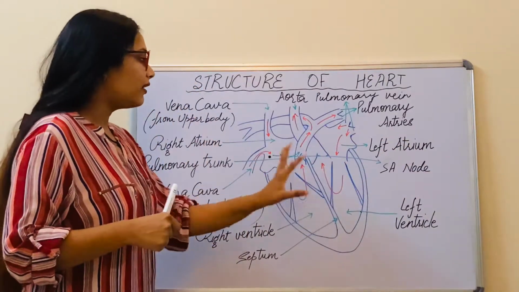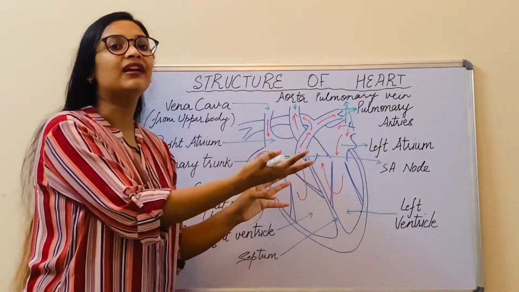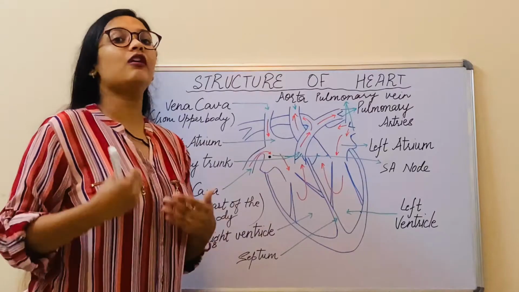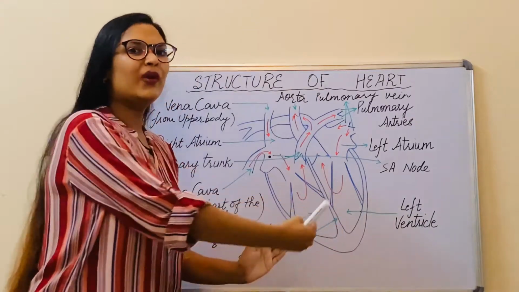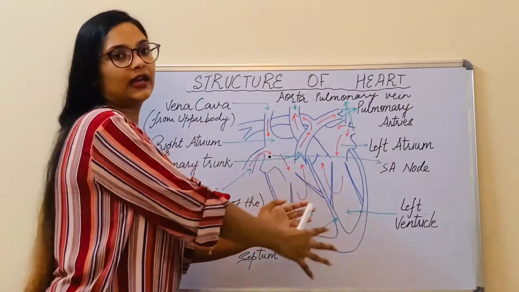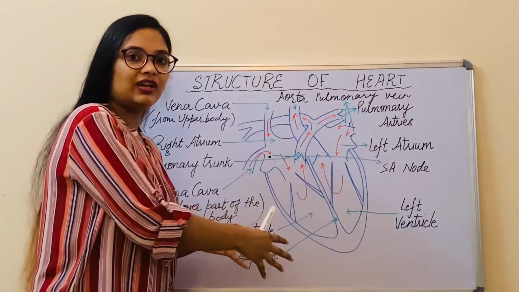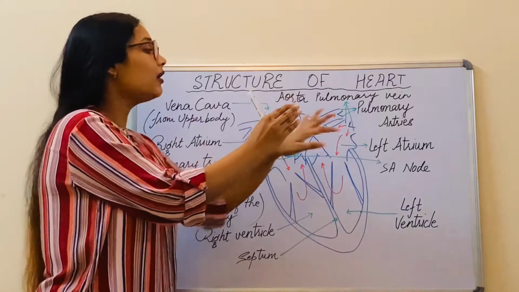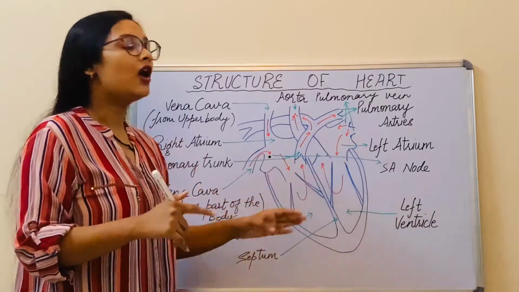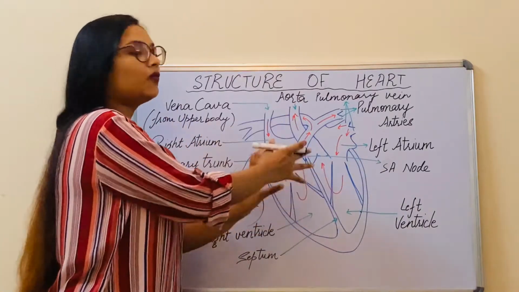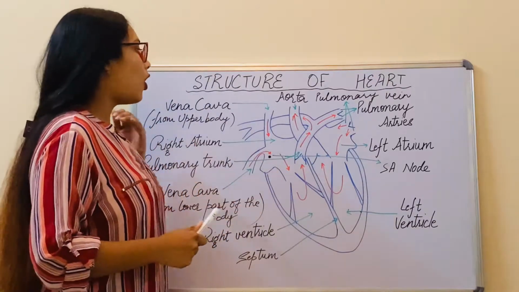Now you must be wondering why there are all these septa and walls and everything. See, over time we have evolved in such a manner that, as you can see, it is a single organ which contains both the oxygenated and the deoxygenated blood. And not only that, it is also getting the oxygenated blood and pumping the oxygenated blood, while also getting the deoxygenated blood and pumping the deoxygenated blood. So all these septa and the valves make sure that there is absolutely no intermixing of the oxygenated blood with the deoxygenated blood.